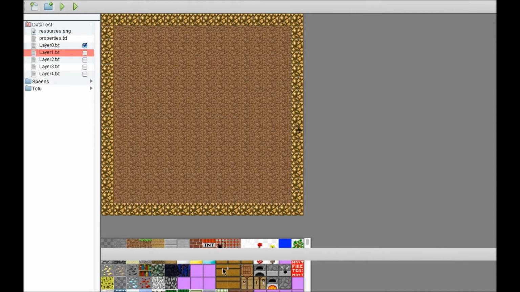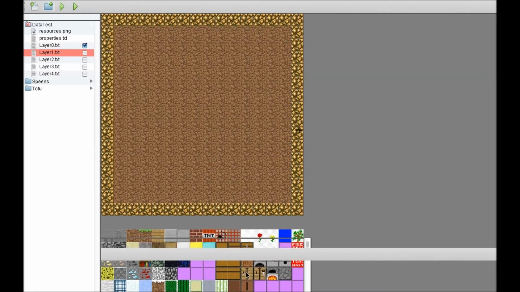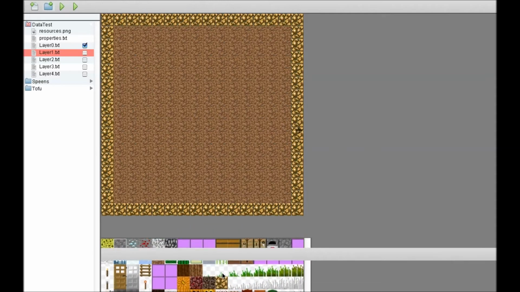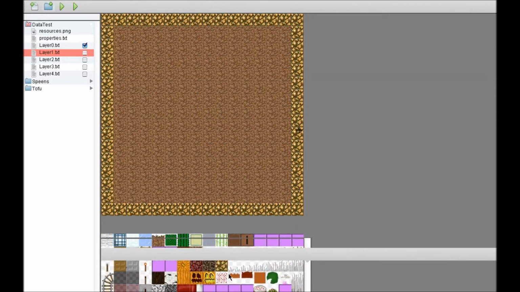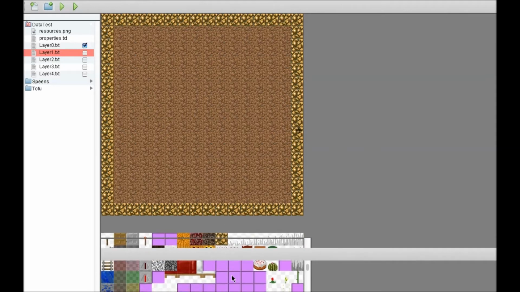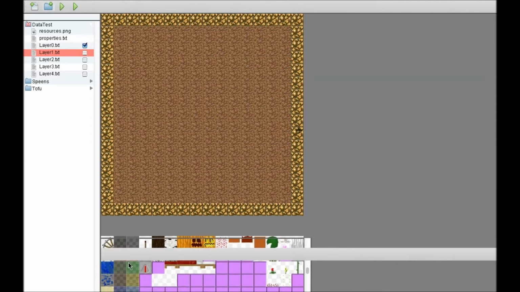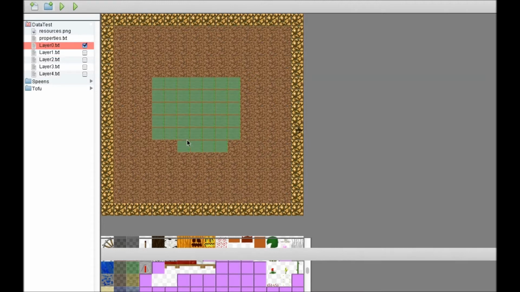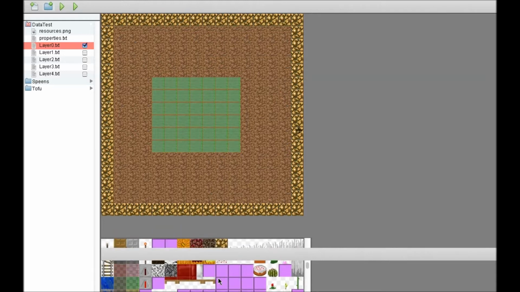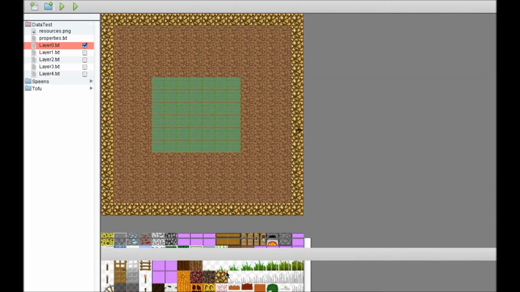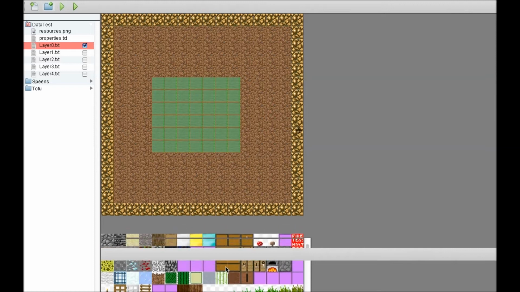So that's what I have defined as a sprite, and it automatically detects how many sprites make up a sprite sheet, and you can use the scroll wheel while inside of this little window down here to scroll through. I don't have any indication of what you're actually using to draw with, but you can click on anything. Like I just clicked on this lime transparent sort of tile, and then you can draw with it. So yeah, I am going to just make a little dirt square with glowstone around it, and